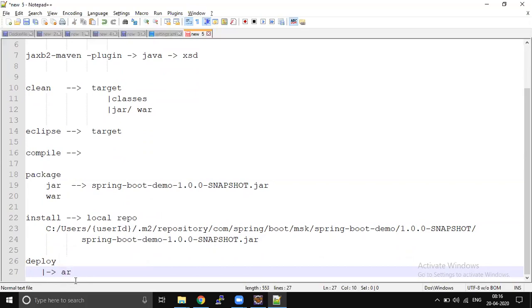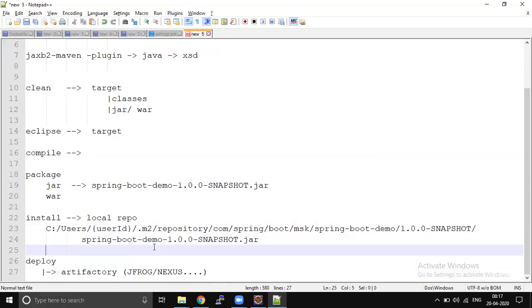We usually call it an artifact repository. Most companies use JFrog or Nexus. Here is the place where the jar will be copied. It will still follow the same folder structure: com, spring boot, msk, spring-boot-demo, and the version.